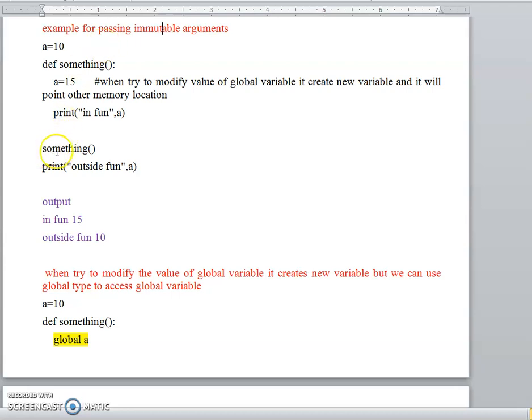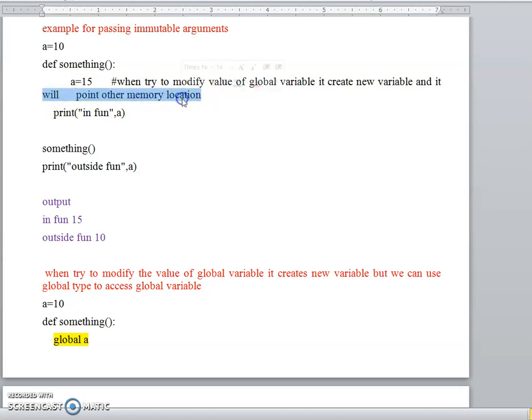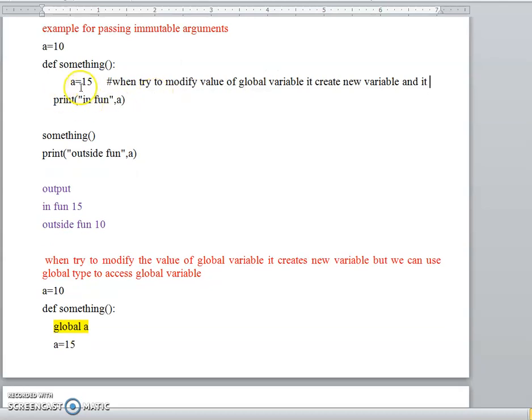Here I am calling the function. You already know the value of a, which is 10. Here I have written the function definition.